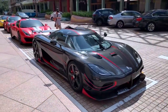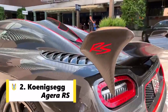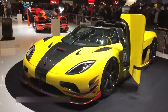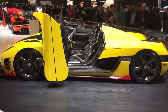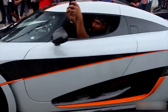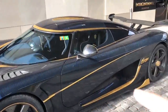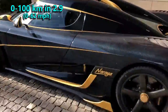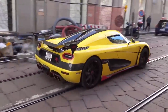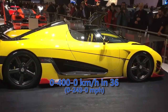Coming in at the number 2 spot is the car known as the Koenigsegg Agera RS. The Agera RS is an advanced version of the Agera R, implementing some of the new technology and features of the R and the S models. Its V8 engine has a power output of 1160 HP, pushing the car to 100 km per hour in 2.9 seconds. The first record the RS broke is the 0-400 acceleration time, and it completed that run in 36 seconds, beating the standard